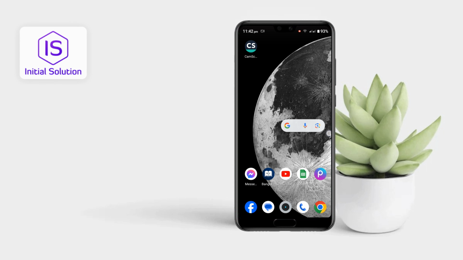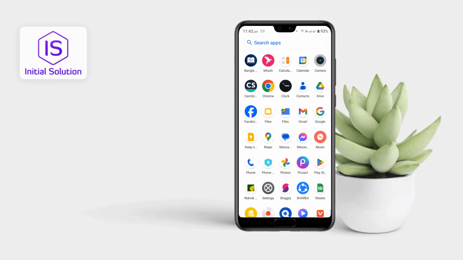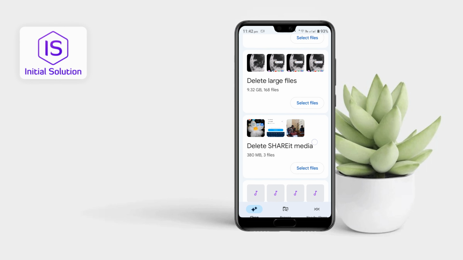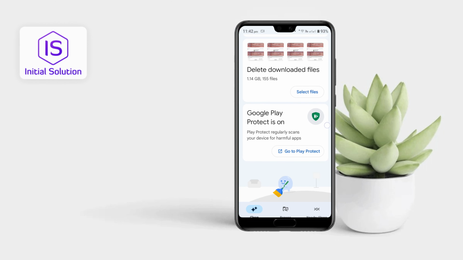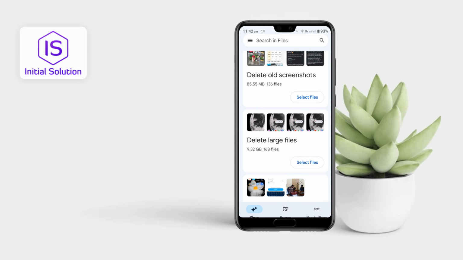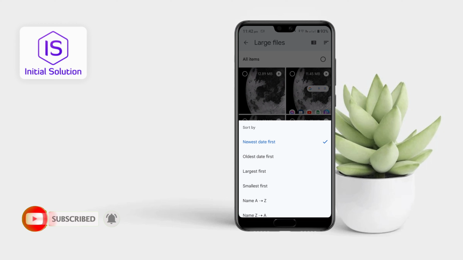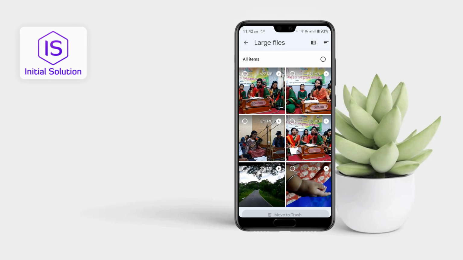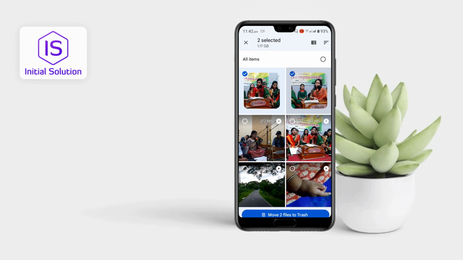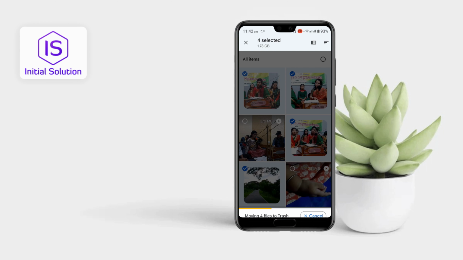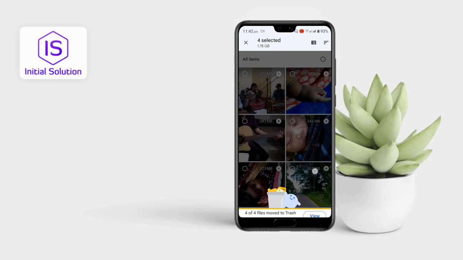So first of all, go to your Google Files app, then scroll down, search for your large files here, and go for select files. Now go to the three-line option here, tap on it, select largest first, then select your largest files from here and just move them to trash,